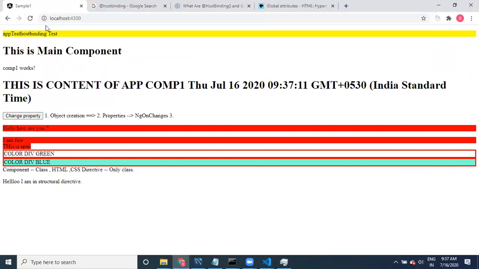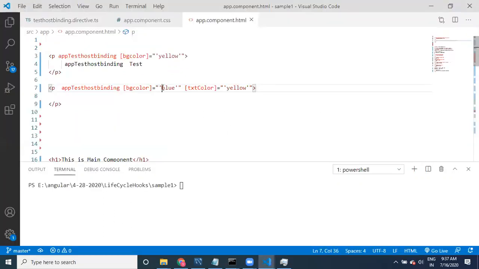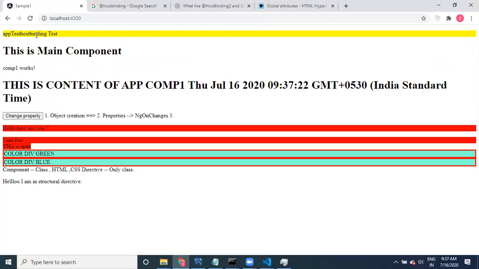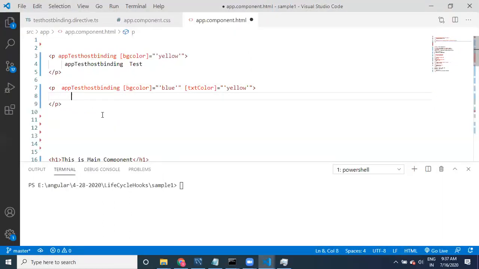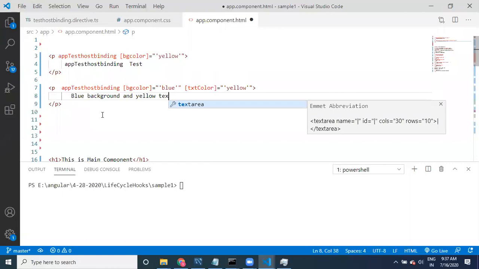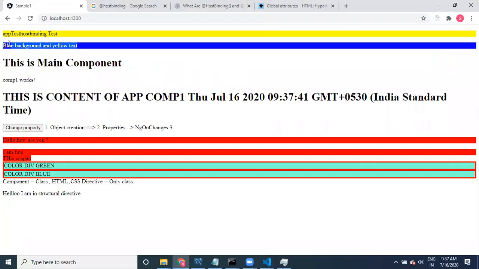Yeah, it has to restart. Blue, yellow, right? Oh, we have to provide some data, right? Blue background, yellow text. See, blue background, yellow text.